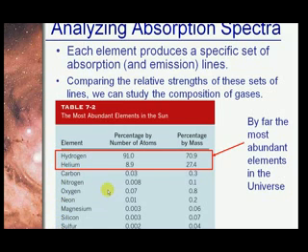You can find that the percentage by mass is 0.3, 0.1, 0.02. It's very small, but hydrogen is 91% by number of atoms and 70% of mass, and the same for helium, which is